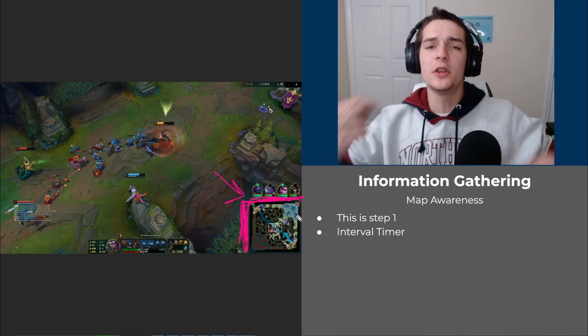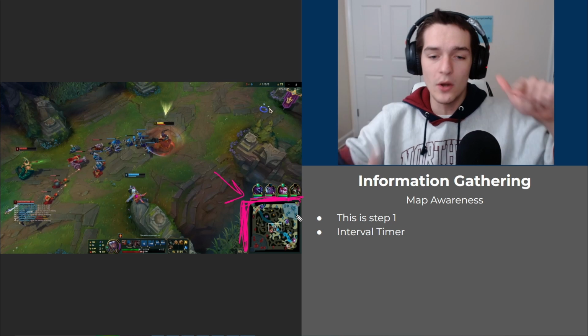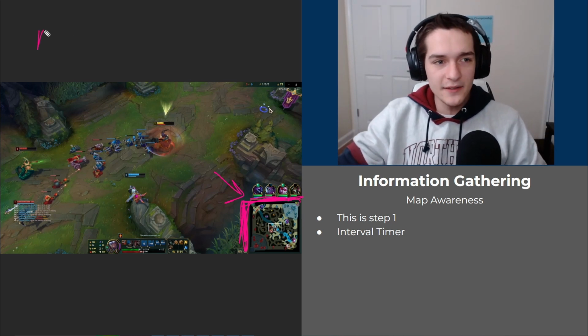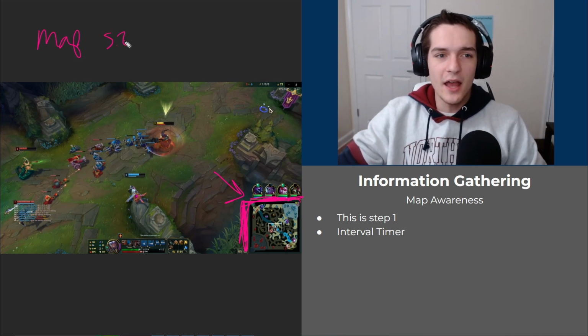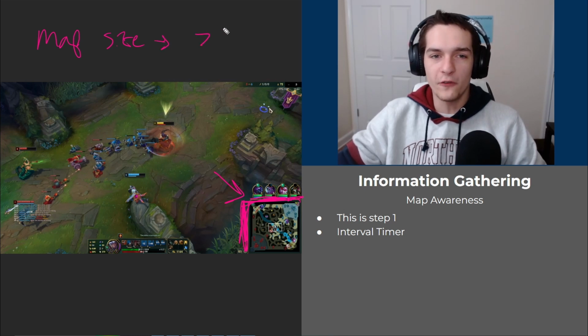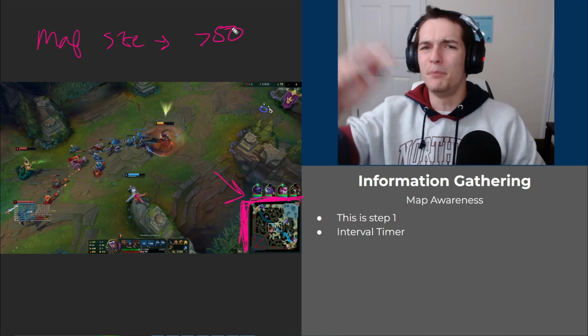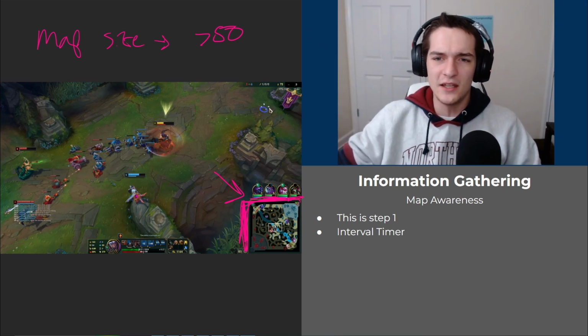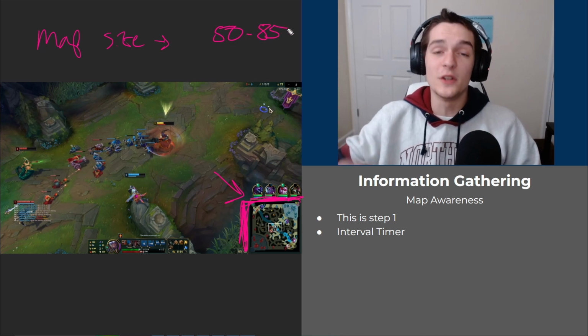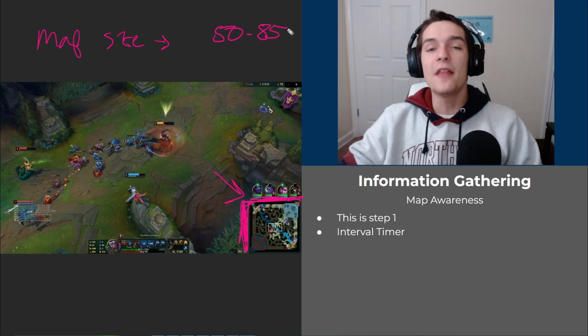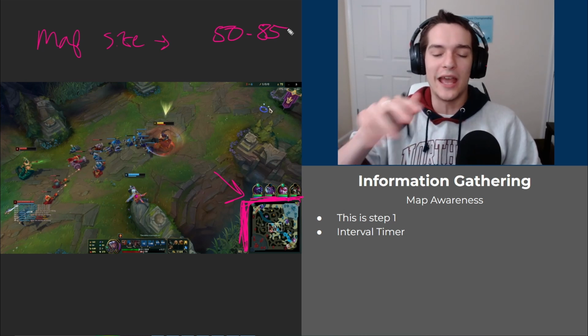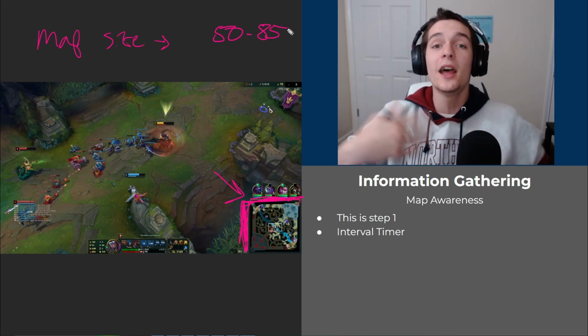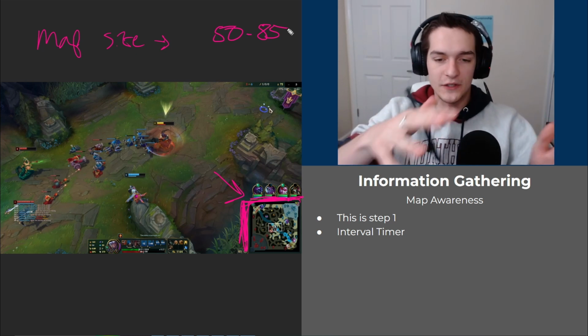Map awareness is something that we constantly want to have our eyes on. So I recommend turning your map size above 50. I think if it gets above 85, it starts to get too big. So anywhere from 50 to 85 is good. It's big enough so you actually remember to see it. And then the way that a lot of people get into the mechanic of constantly looking at it, because that's what we want to do, we want to be able to constantly look at it,